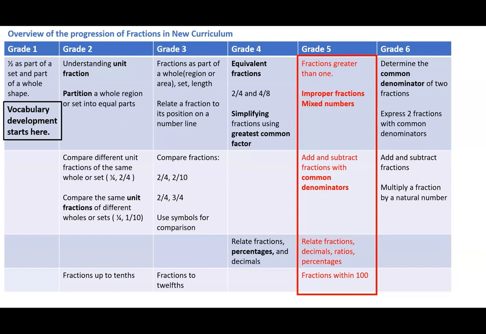But we know that students always came knowing half an apple, half a cookie. They knew that fraction, half, as something that they always shared. So that's where I put the vocabulary development starts here. And then we look at the unit fraction, which means that everything that's divided into equal pieces, there's always one. The unit fraction is almost like your place value system. That's your basic unit that you're going to start with. And then you'll work from there on either adding those unit fractions or saying how many of those unit fractions